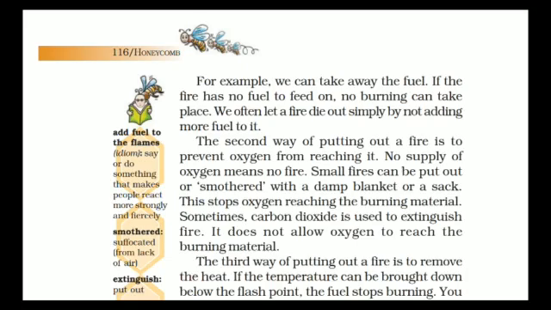A small fire can be put out or smothered with a damp blanket or a sack. This stops oxygen reaching the burning material. Sometimes carbon dioxide is used to extinguish fire. It does not allow oxygen to reach the burning material. Now,